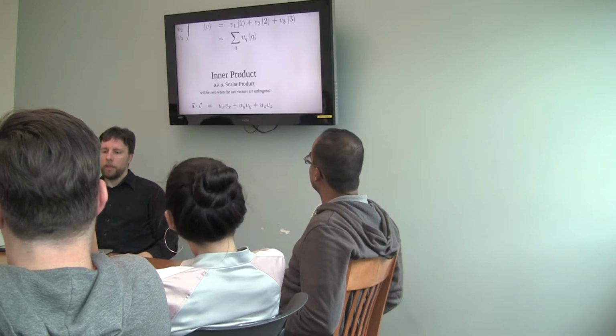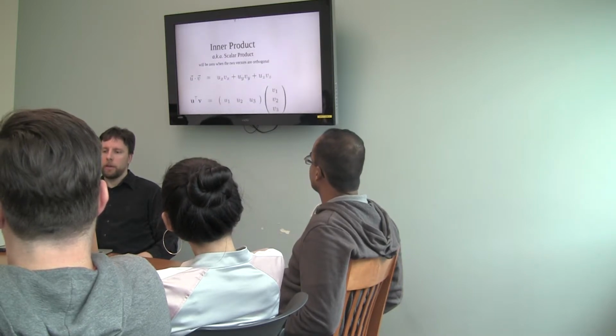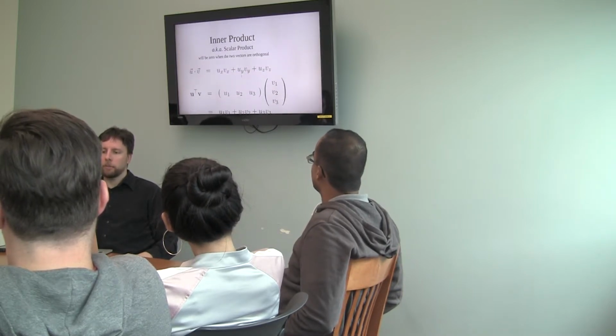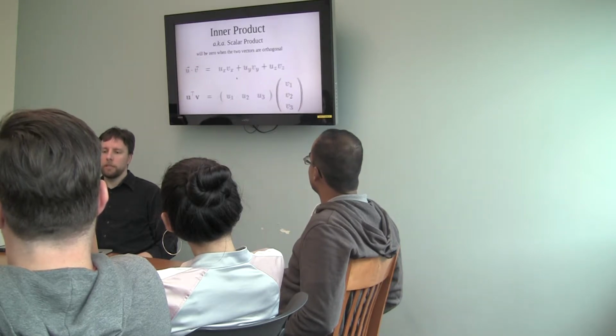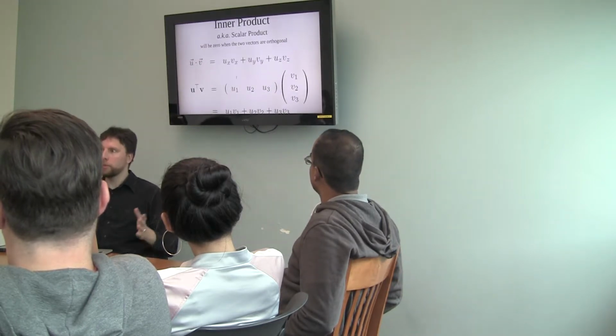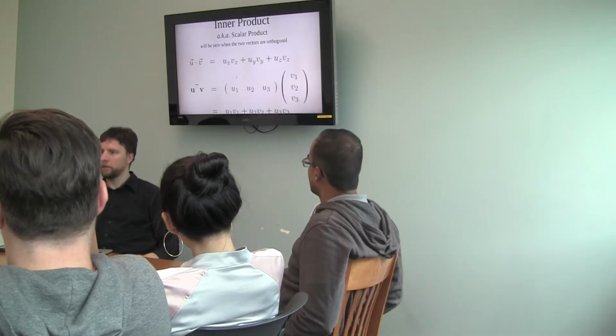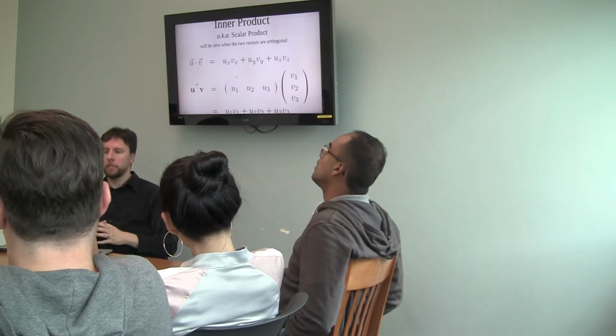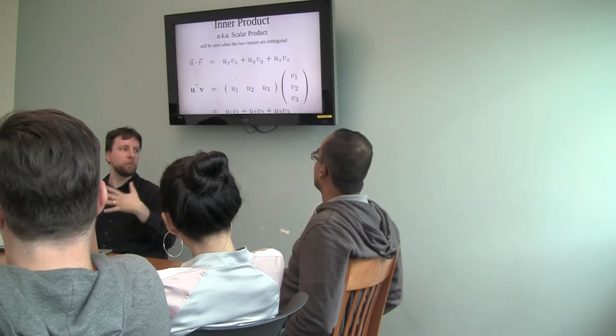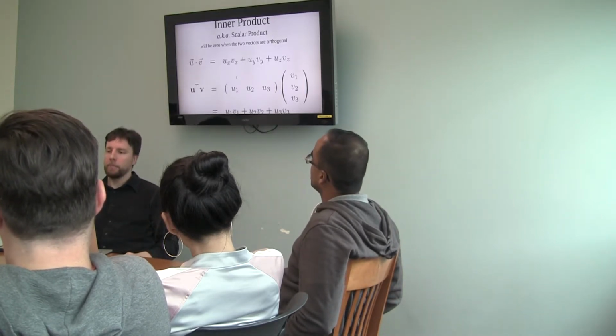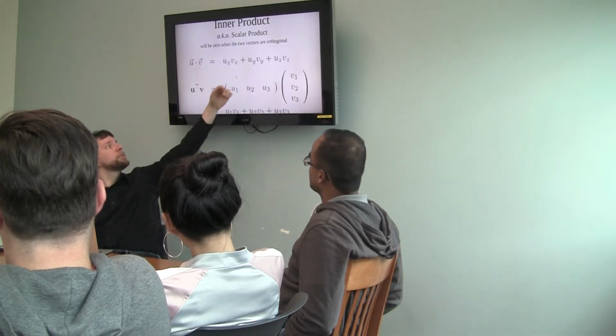One of the most common operations that you do with vectors is taking the scalar product or the inner product between 2 vectors, and you just multiply the corresponding coefficients together. So if I have a vector for a position there and a vector for a position over there, and then for some reason I want to multiply those 2 together, then I take each of the coordinates, multiply the coordinates, and add them together. So that's what you're seeing in this top sum.